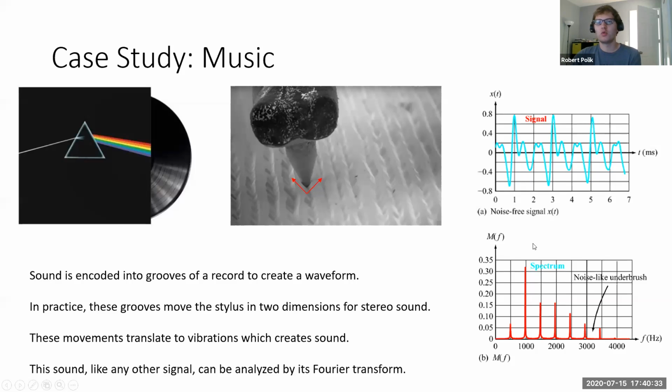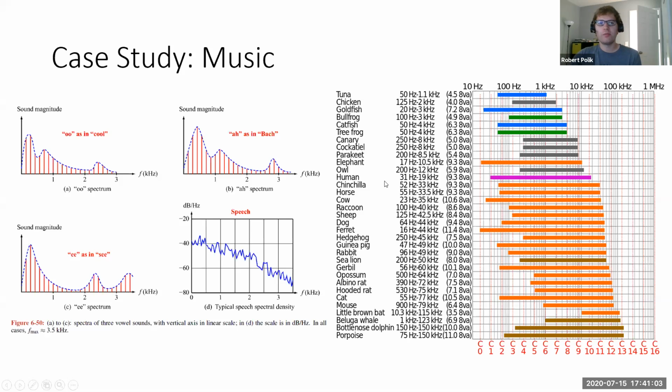The difference between an oboe and a trumpet and a human singing and just about any other sound is where these peaks are relative to one another, and how much noise there is between them. So how much is actually on the frequency or the undertone or overtone versus other underbrush, as it's described. So this is what analog music is. And now that we know our Fourier transform, we can look at all of these different sounds.